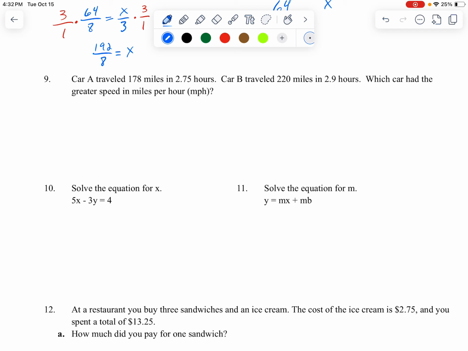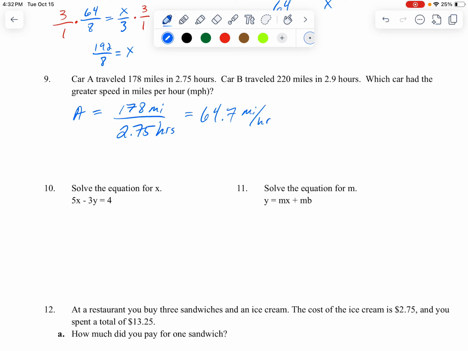And so for car A, we have 178 miles per 2.75 hours. And then that's just division, right? All we need to do is do the division and we will get the rate in miles per hour. So 178 divided by 2.75, and you get 64.7